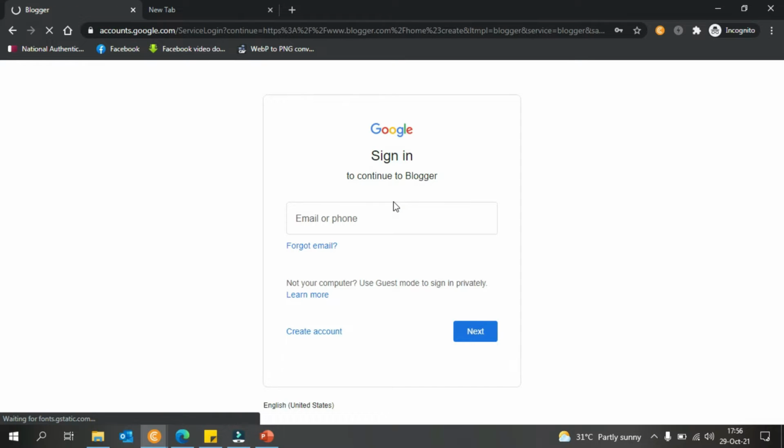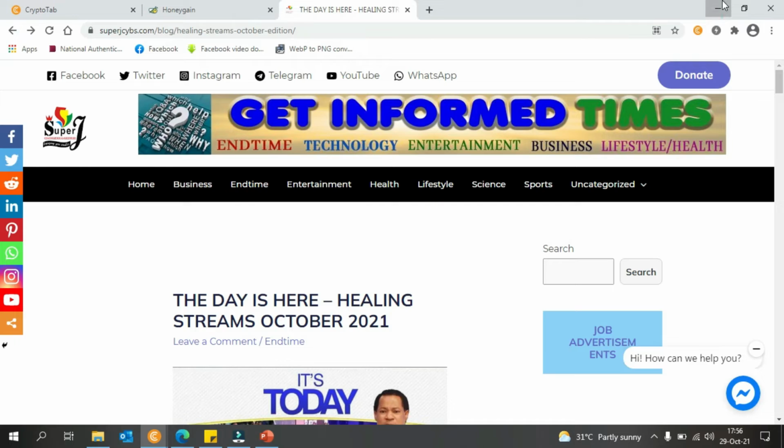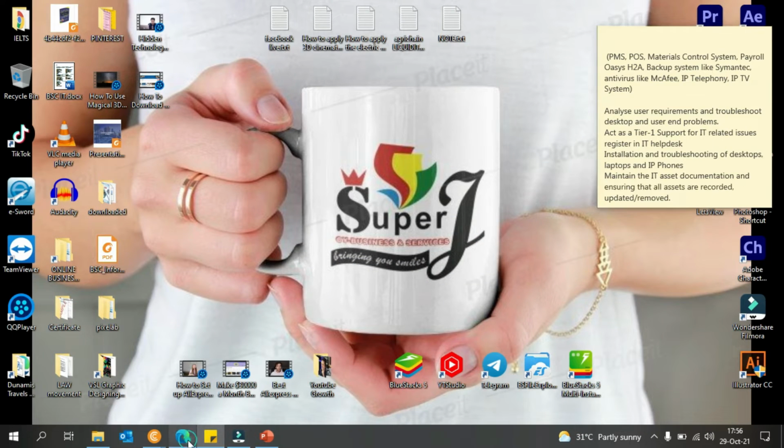It brings me to Google's sign in page and asks me to sign in. Because it is a Google service, you need a Gmail account to log in or to be able to use it. And once you enter your Gmail account and you create a blog, it is under your email. Whenever you log into your email, like over here, once I input